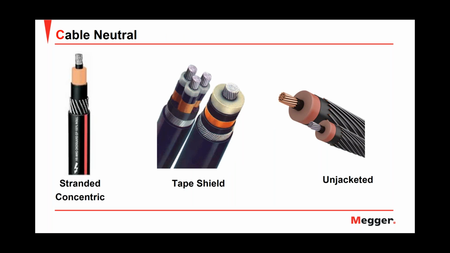Now, talking of the cable neutral or concentrics, we have the standard concentric that we see in the picture on the left. In the middle, we have a tape shield cable, and on the right, we have an unjacketed cable. These are some of the types of shields or neutrals that we can find in medium voltage cables. So continue with